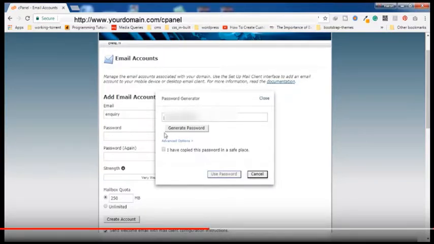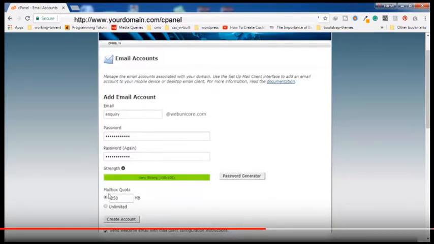Make sure you copy this, because if you forget this, you will not be able to access this webmail account, or you will not be able to set up this webmail account into your Microsoft Outlook. I'm going to show you later in another video how you can add this to your Microsoft Outlook and how you can access this webmail directly from there. So once you have copied, click on this, and then press here use password,